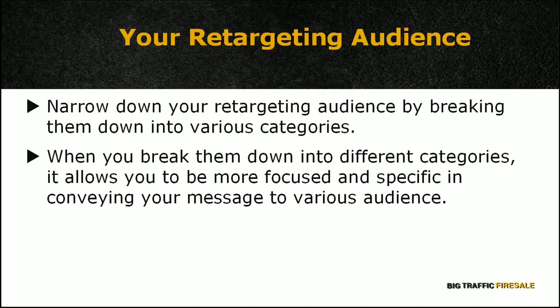per conversion. The third step is to narrow down your retargeting audience by breaking them down into various categories instead of grouping them into a single entity. For instance, you may have audiences with different interests, age groups, and locations. When you break them down into different categories, it allows you to be more focused and specific in conveying your message to various audiences. Through this approach, it's possible to increase your audience engagement and improve your conversions from each